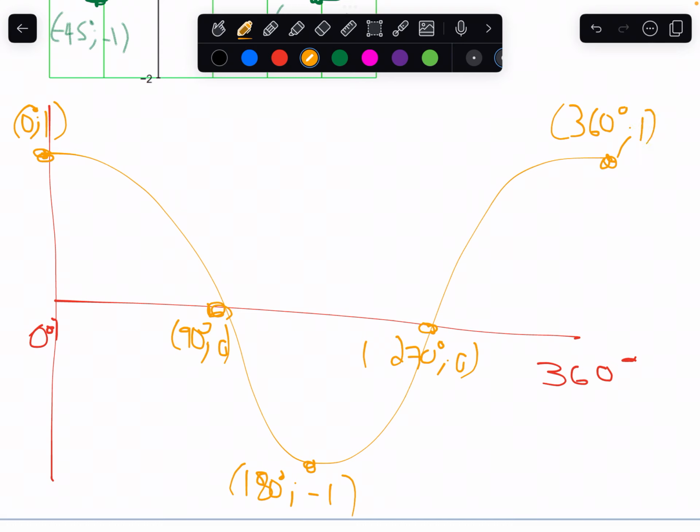Let's label that. So this is y is equal to cos of x, need a bracket there. So now if we want the graph of y is equal to cos of x plus 45,